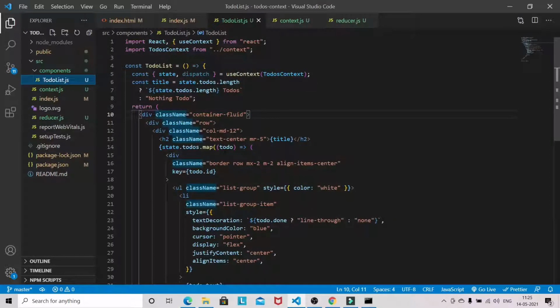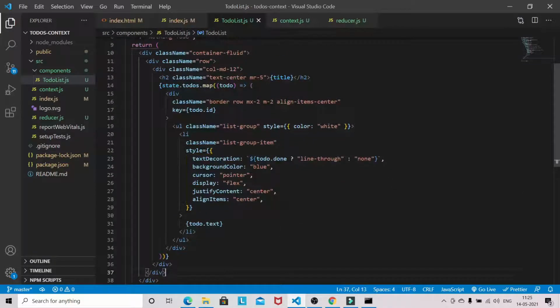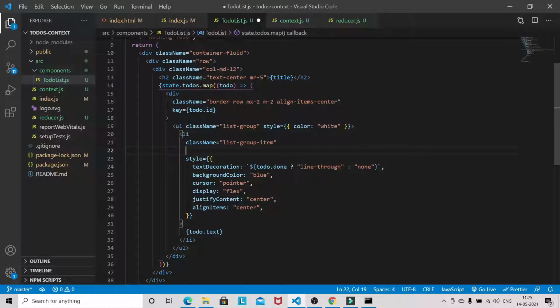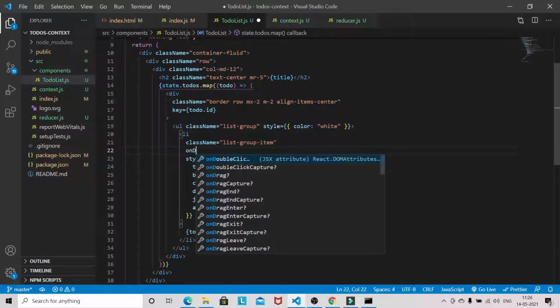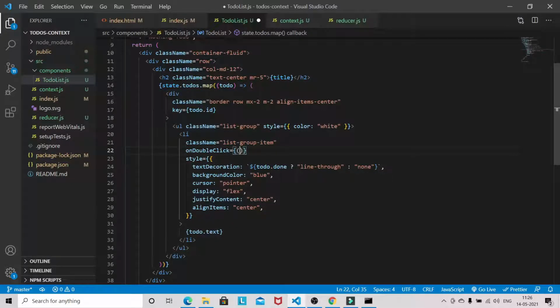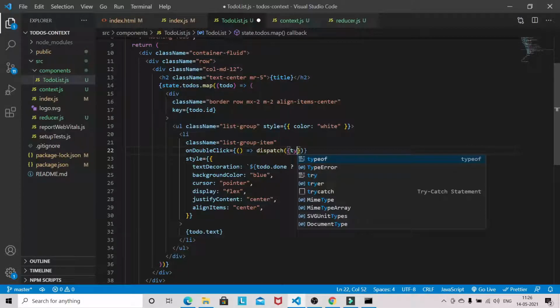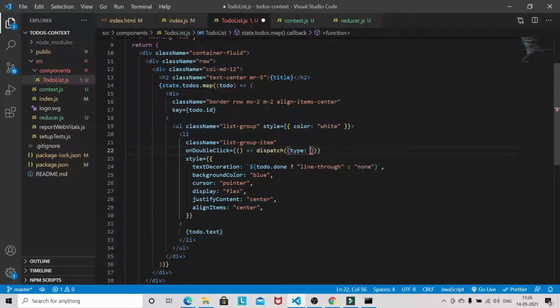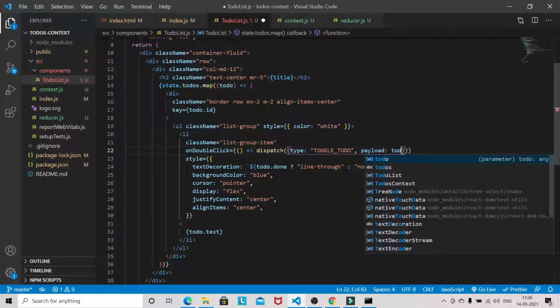So come to to-do list, and on the list item we can pass on double click, and we can dispatch an action. So type will be toggle to-do, and the payload would be to-do.